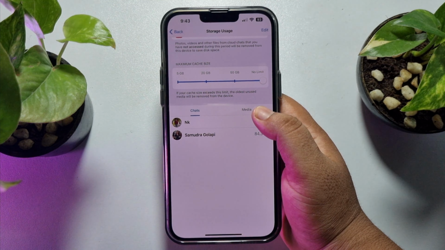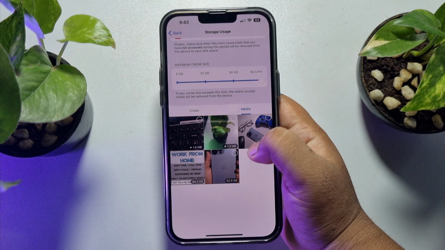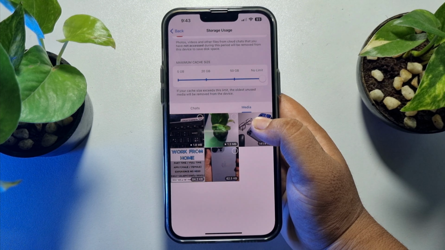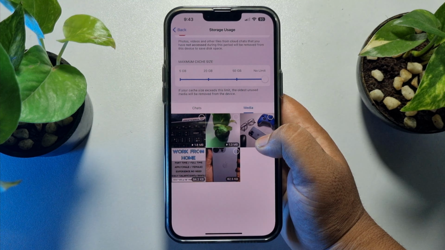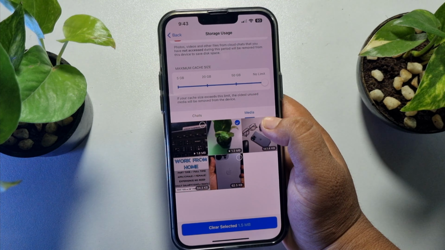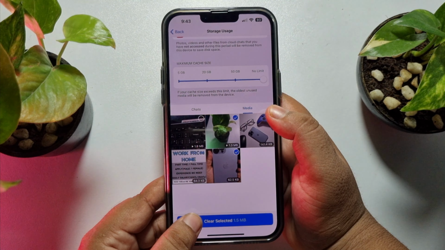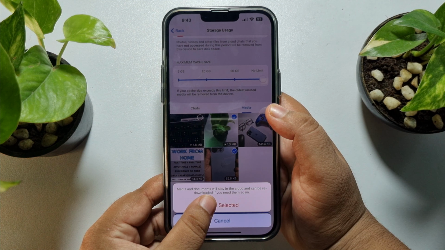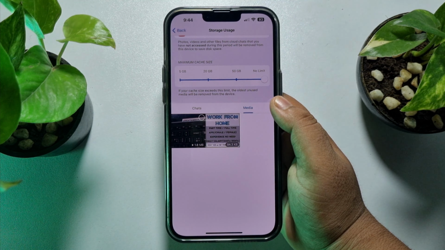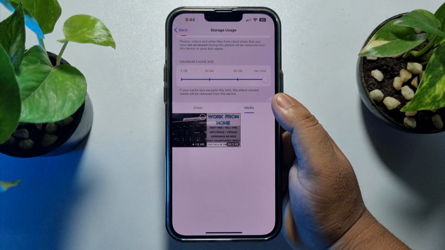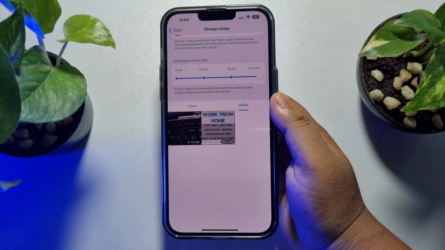and here select media. And here you will find all of your downloaded Telegram medias. Just select those medias you want to delete and then tap on clear selected. Tap on clear selected, and that's how you will be able to delete downloads from Telegram to free up your